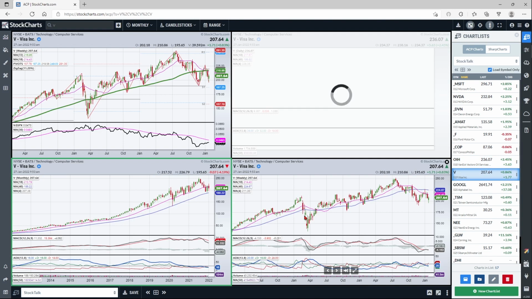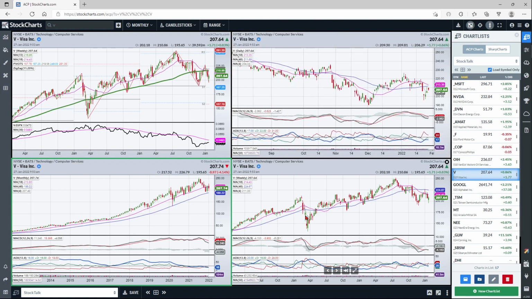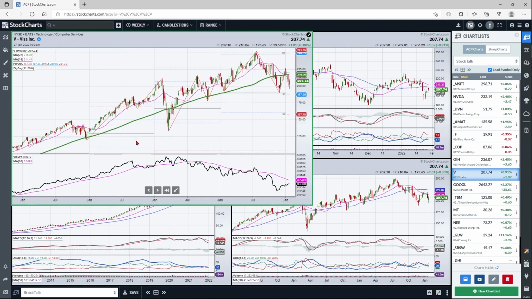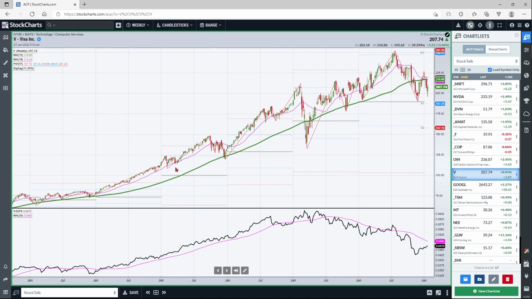Visa is at a very critical point here. So let's just focus in on this chart. We've had this long uptrend and this decline that broke the 18-month line. Because look at how many times this has tested and successfully held the 18-month, except for this one. That was when the market dropped. And that was a big bear market drop, and this did not take very long to get above.